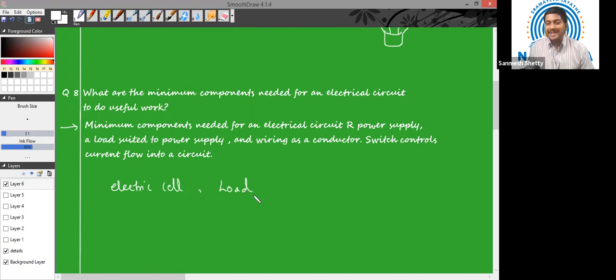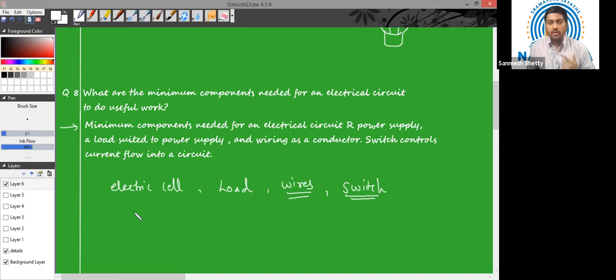Also, to connect the electric cell to a load, we need wires. We need conducting wires. Also, we don't usually directly connect the load to an electric cell. We use a switch to connect. Always there is a switch in an electric circuit. In our day-to-day life, we use many switches, okay, to switch on the fan or a tube light. So we also use a switch. So these are the important essential components of an electric circuit.